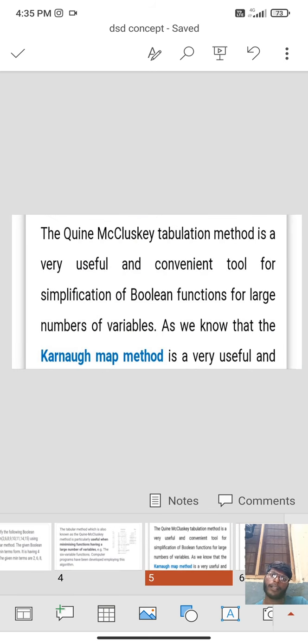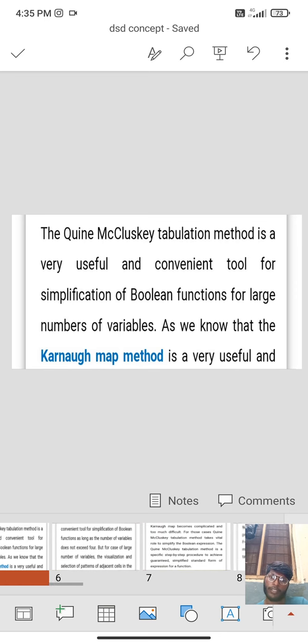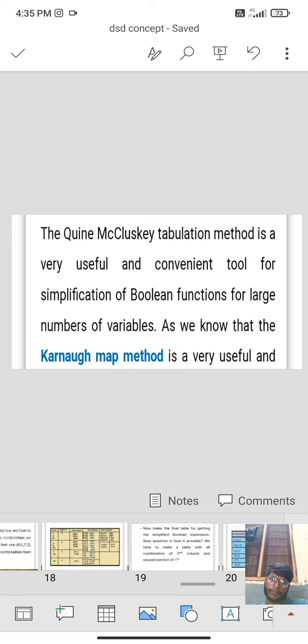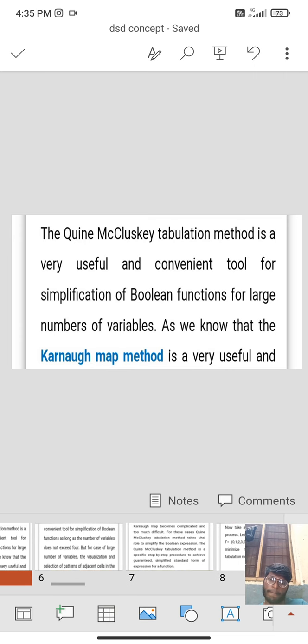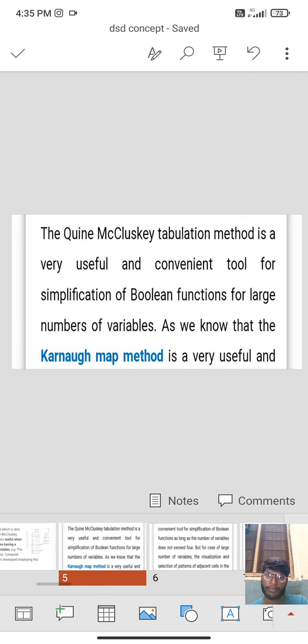The Quine-McCluskey tabulation method is a very useful and convenient tool for simplification of a Boolean function with a large number of variables.